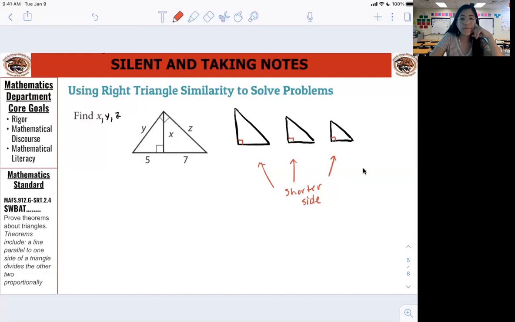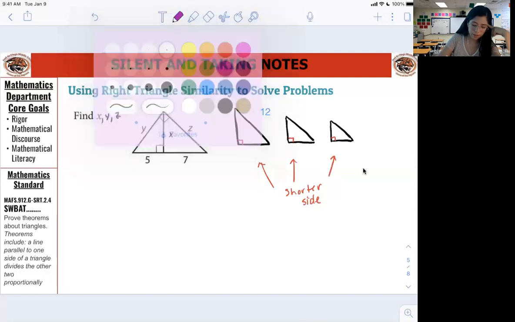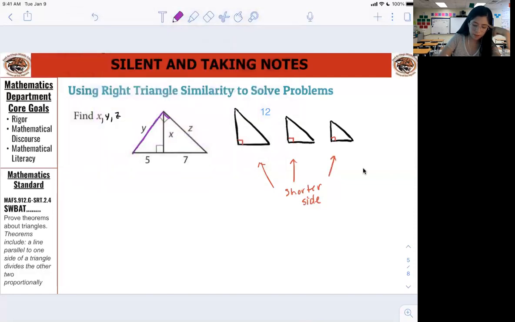Anybody? No one wants to fill anything in? Miss, I have a question. Mm-hmm. What is the big triangle standing on? Like, what side is it standing on? Because I can't see it. I can't visualize it. So the biggest triangle